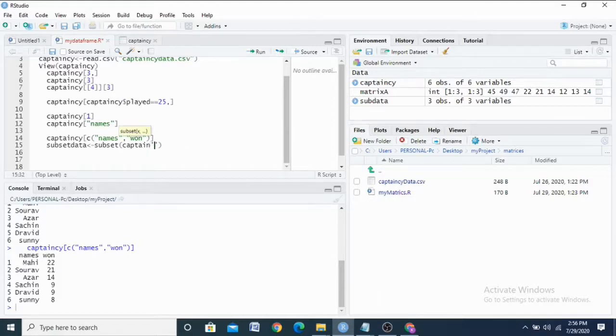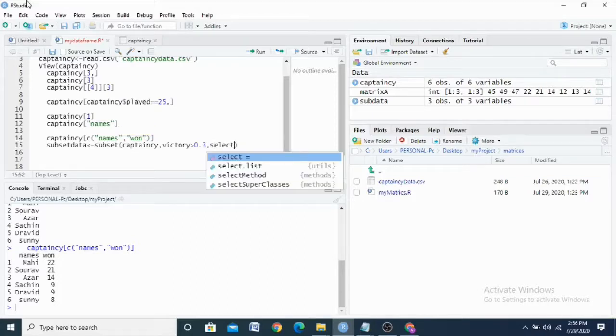Then you can take which column is to be calculated. For example, victory having the ratio value, victory. So for example, 30% means 0.3. So victory greater than 0.3, comma, what are all the fields you are viewing.